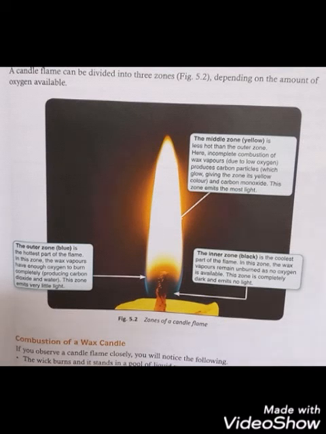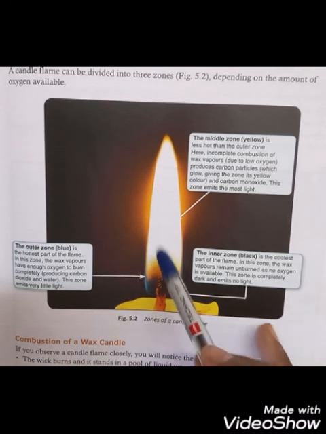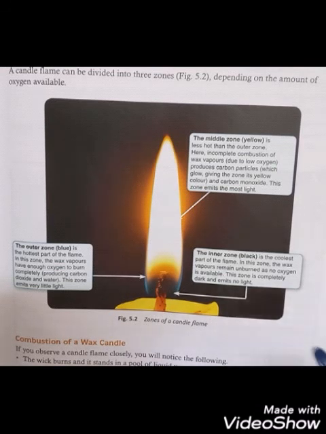But is it possible that the wick is the only thing that is burning? Because as the wick of the candle burns, the candle gets smaller and smaller. So in addition to this wick, what is burning? The vapors that come out of the wax are burning along with this wick. So which one is the wick? The thread-like structure that is seen emerging from the center of the candle.